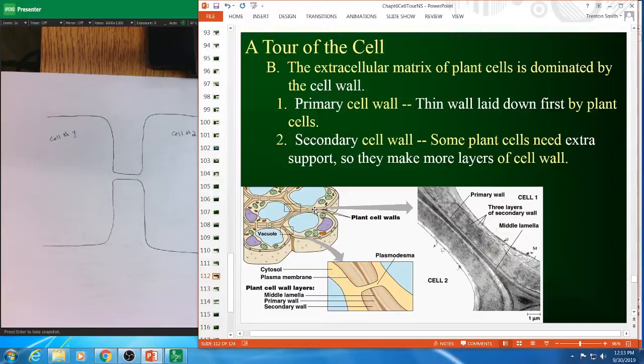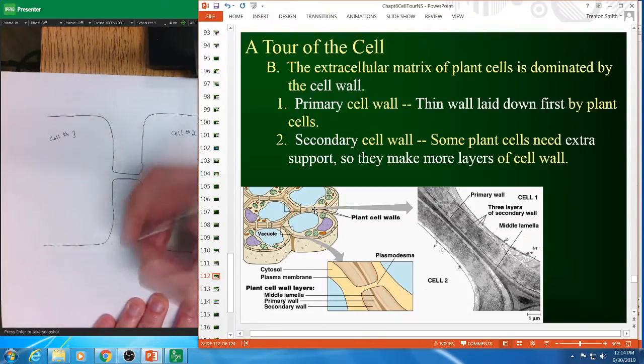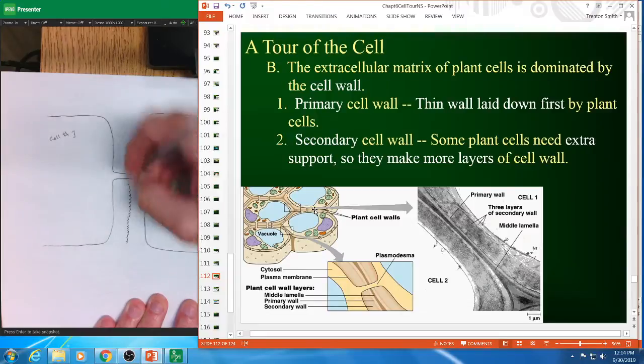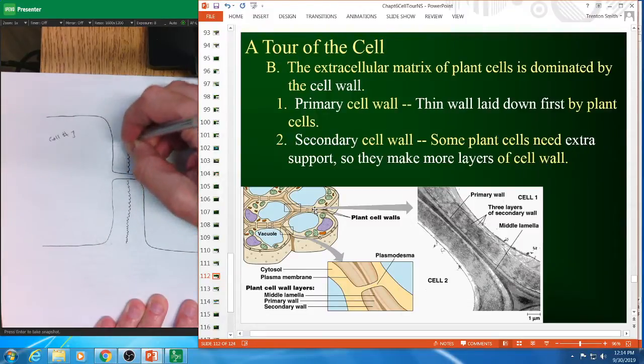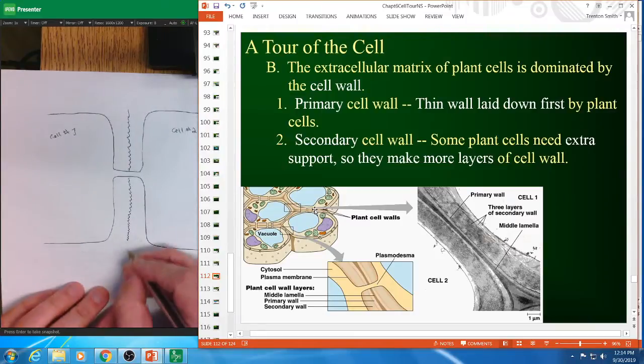So the extracellular matrix of a plant cell, so here we've got two adjacent cells, and they're connected, you'll see in just a second, by a connection that we'll talk about when we get there. But first of all, what's in between them? Well, there's this bit in the very middle. There's this glue-like substance called middle lamella, which is protein-based, and it kind of acts like a glue. So